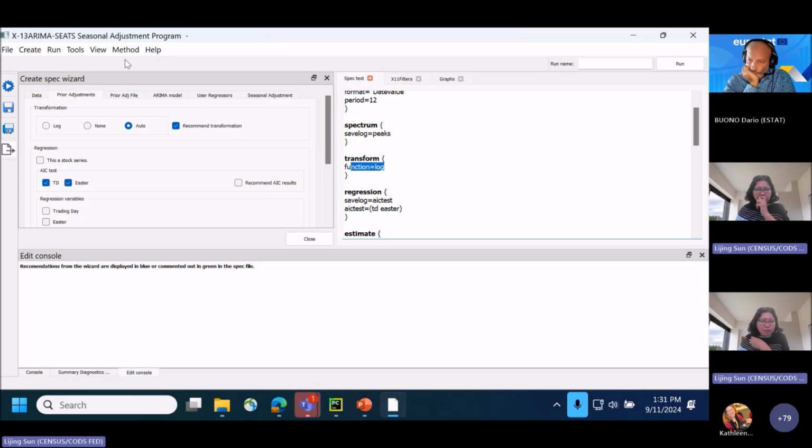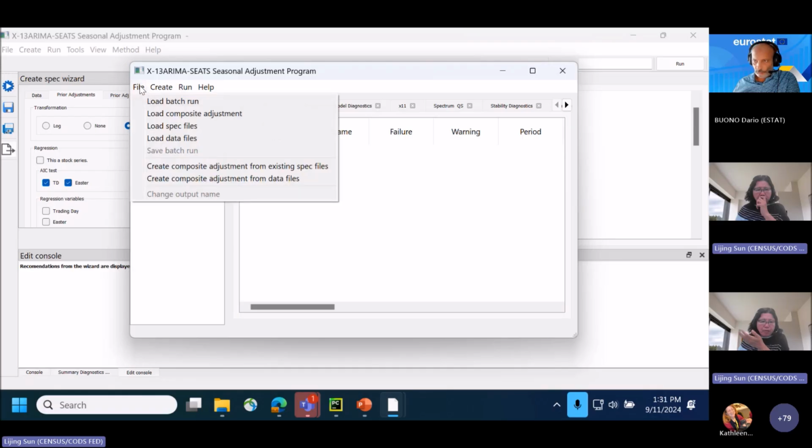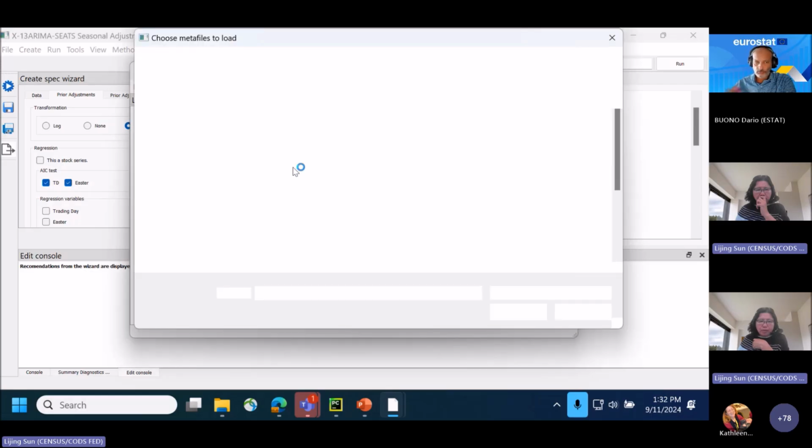So this is the single spec, working with a single spec. There's another, let me switch to batch mode. To work in batch mode, there are several ways too. You can load a batch run, which means you loop over each individual and run each separately. And if you have a composite, you can run it as a meta file, and then you can load many spec files together, and then load many data files, and then run a single spec. So let me show you I have a